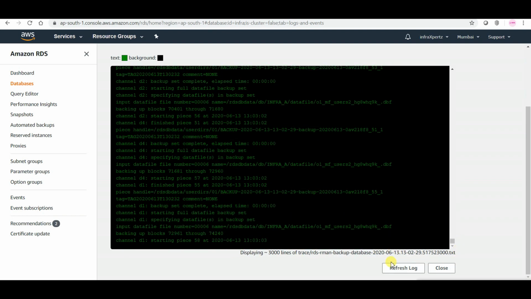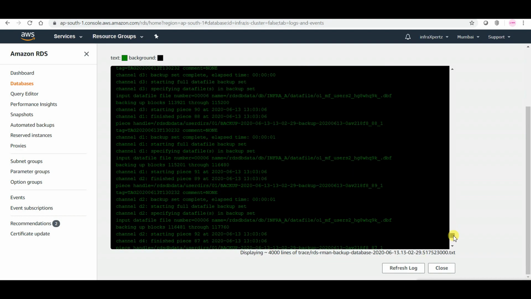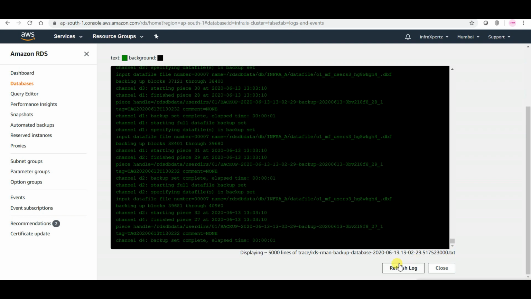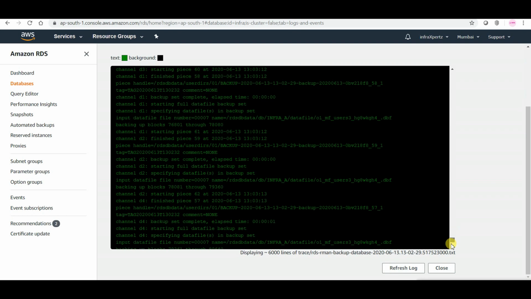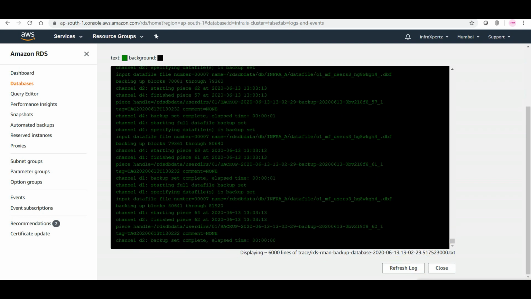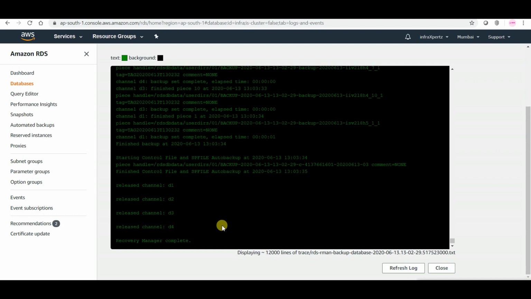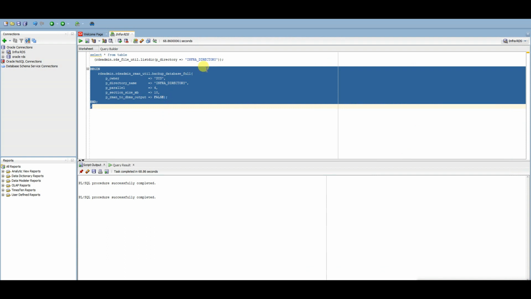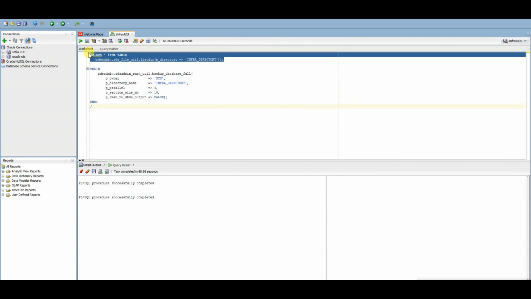I don't think it will take much time because we do not have anything in the database right now. I'll just pause the video until this is backed up. So as you can see from the logs, this is completed, and you can see the same from here, that these are backed up in here.